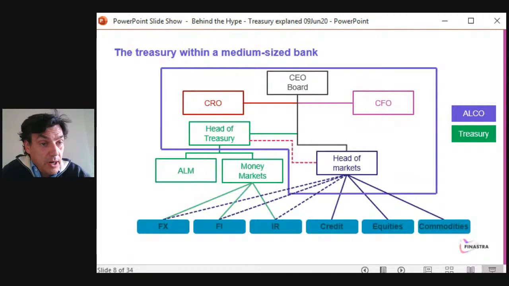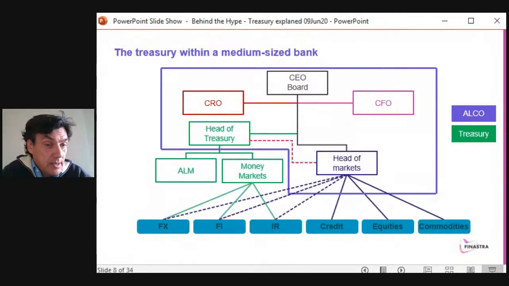If we look at the green part, so the head of treasury and what we have below, the ALM and money market, those are really pure treasury functions. So those guys will look at the 6 functions that we will look at just in the next slide, or slightly after, actually. But they will manage the money for the bank. So they will manage as well all the assets on one side, the liabilities on the other side, and they will try to match them so that the bank is not at risk. The role of the treasury is really making sure that the bank is not at risk and can be alive in 6 months, in 1 year, in 3 years, in 5 years' time.